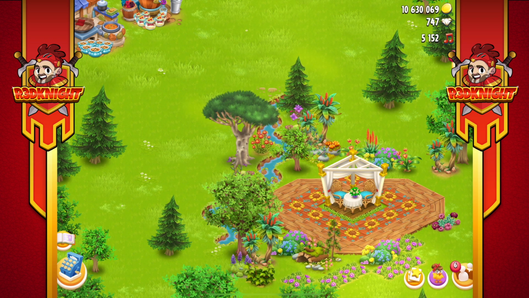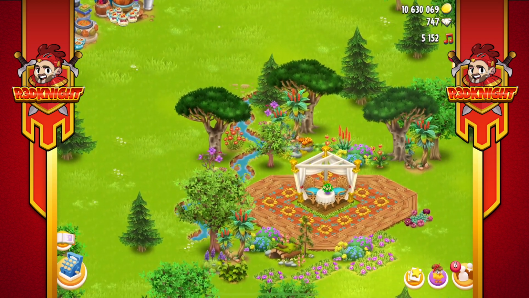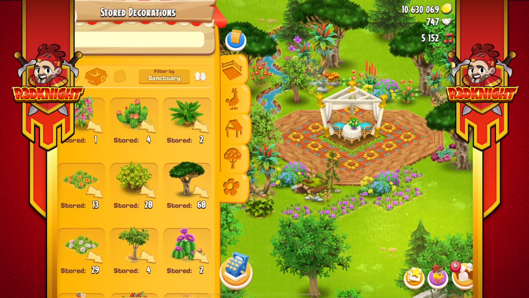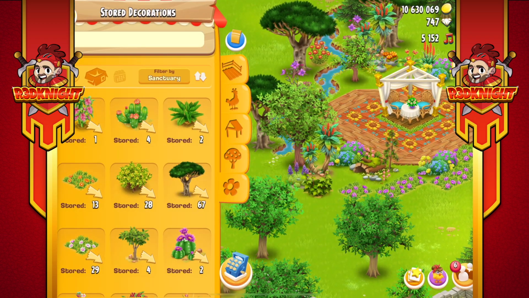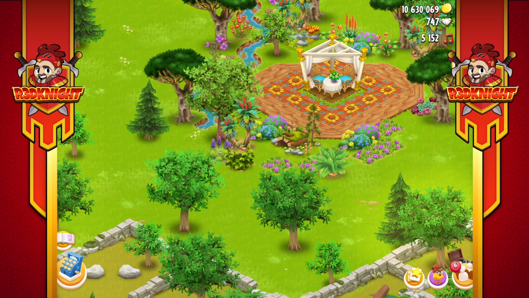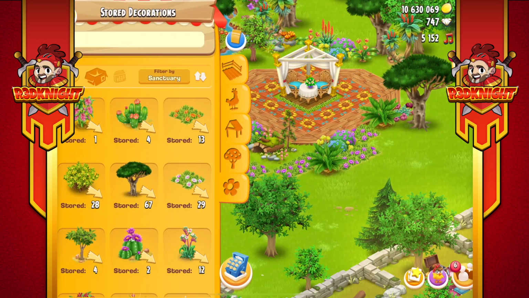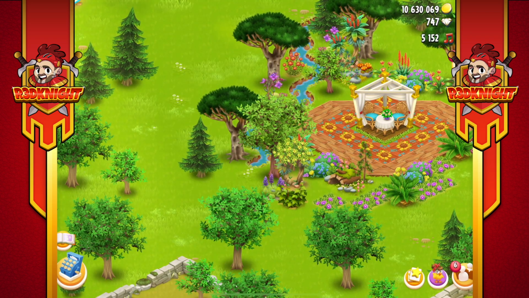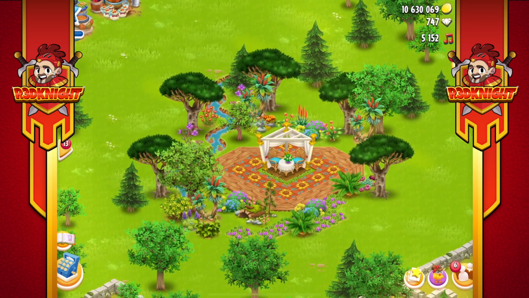Now I love these beautiful blood dragon trees. They're one of my favorite trees within the game. And adding some of those into a nice little area like this changes the feeling of the design very nicely as well. Now, like I said, the great thing about using this new feature is that the decoration's staying in place. So even if I use one of these pieces and it then goes down to 0, the actual game itself still maintains the same location. And for the designing purposes, that is one of the best aspects of it itself. The fact that it does this and keeps this for me is really